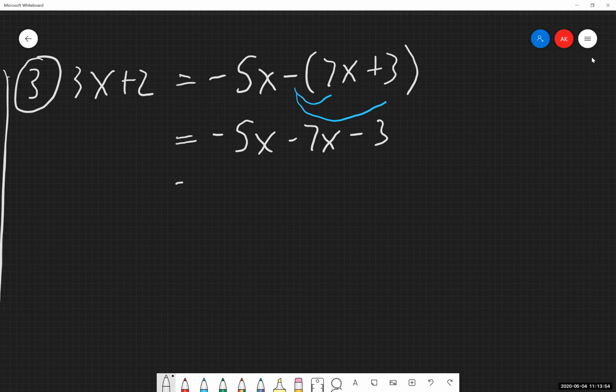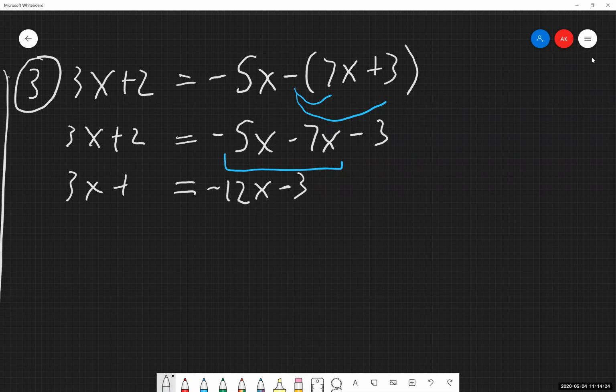And then I have addition, subtraction. I can combine like terms with the x's. I have negative 5x minus 7x, which means I'm going to go more negative. It's going to be a negative 12x. Nothing is combining with that minus 3 at the end, which is fine. So it's just along for the ride. I cannot simplify the right-hand side down any further, which is good. All I'm going to do is just rewrite the left-hand side just to keep it caught up. So now I have simplified both sides of the equation.